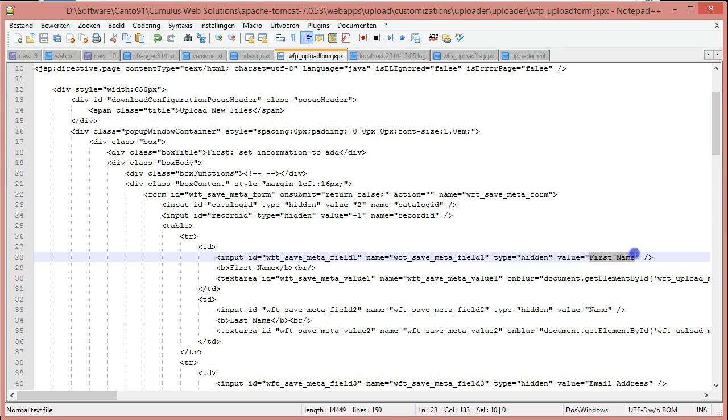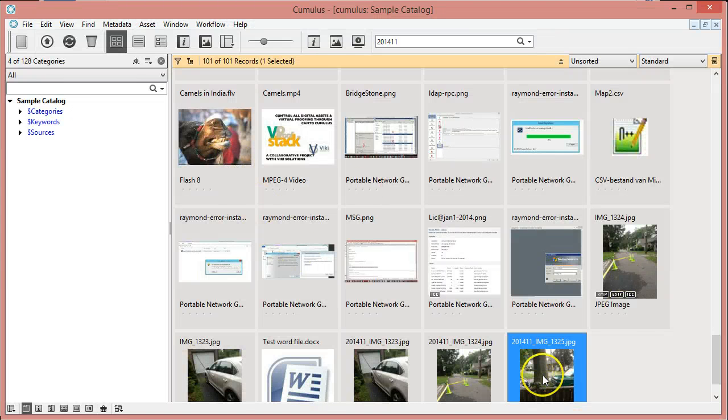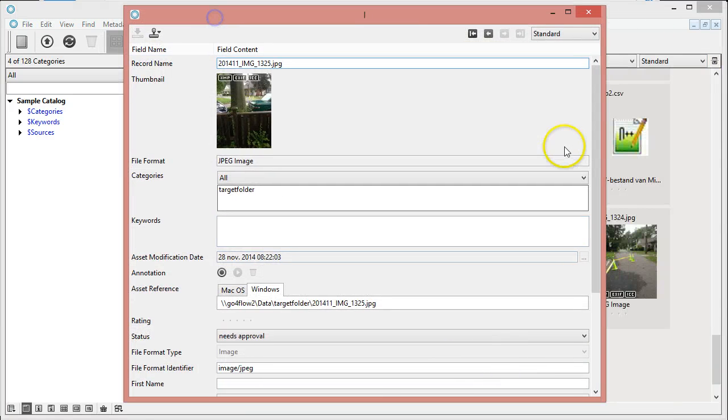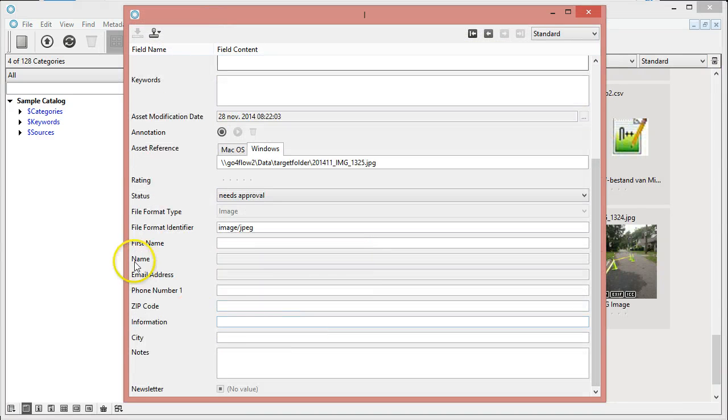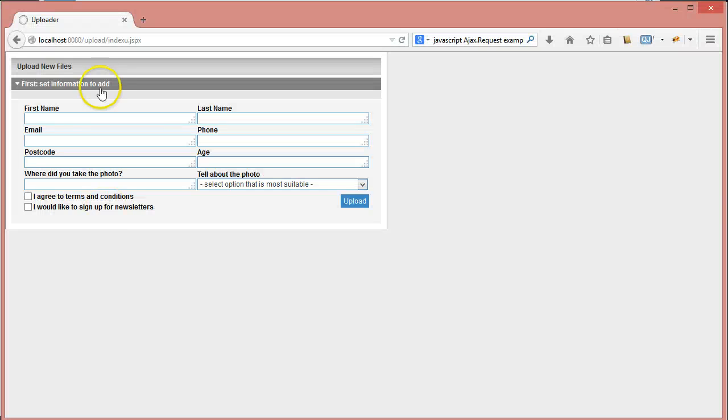So you have first name and email address being standard Cumulus fields in your Cumulus catalog. If you have a look in your catalog, I just added those fields here. If in the website now I enter my information,